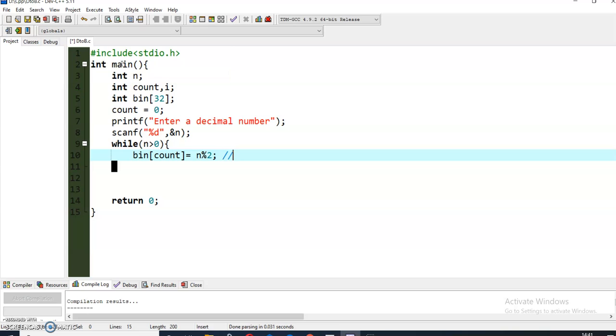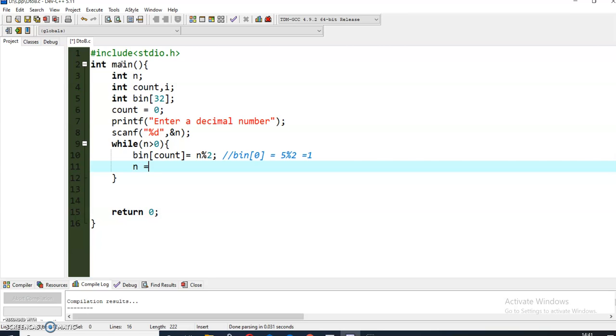So for example, if somebody enters 5, then what will happen? 5 modulus 2 will give 1, and that will be stored in bin[count], and initially count is 0, so it will be stored in bin[0]. Yes, now it is fine. And then I will find out the quotient of this number.